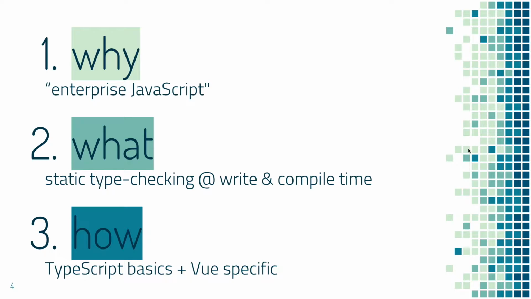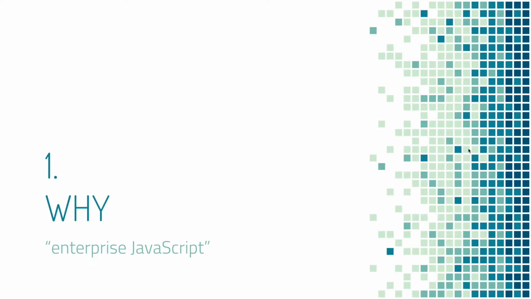Cool. All right, so the breakdown of this lecture portion, we're going to talk about why TypeScript exists. It's enterprise JavaScript. We're going to talk about what it is, static type checking, which is obviously not the way JavaScript was normally designed, but as projects get bigger and more complicated, we find lots of uses for static type checking. And then finally some how, with some quick basic demos of some of the basic functionality that makes TypeScript work the way it does.